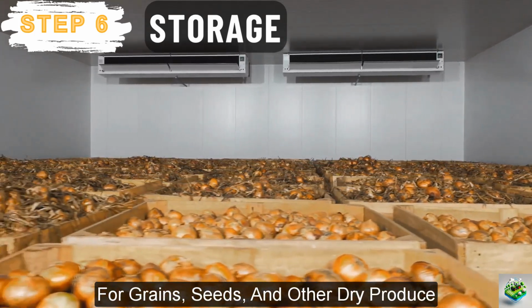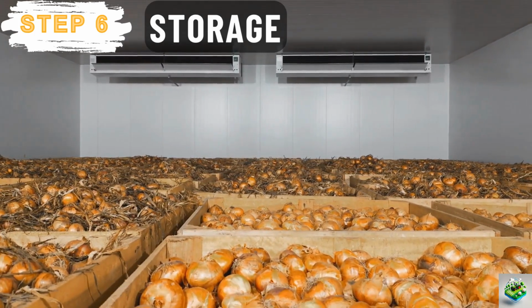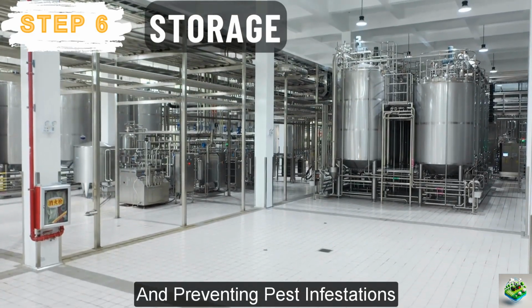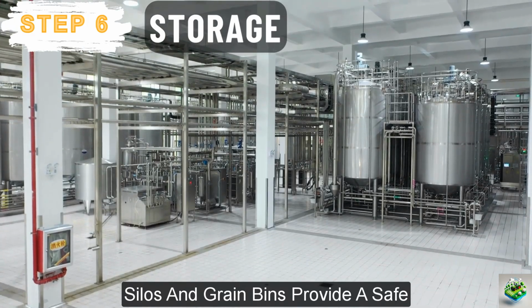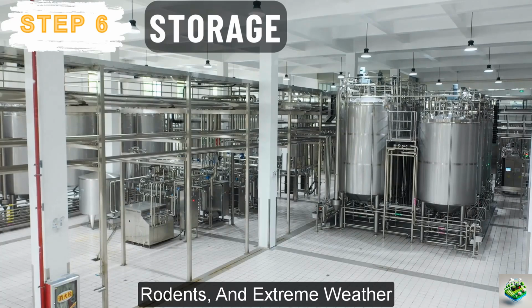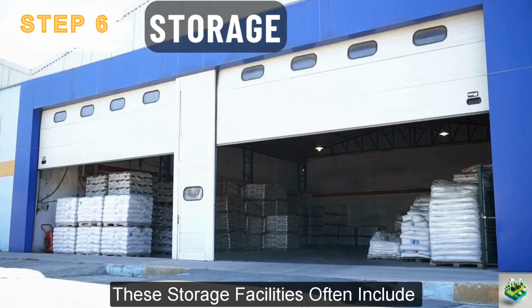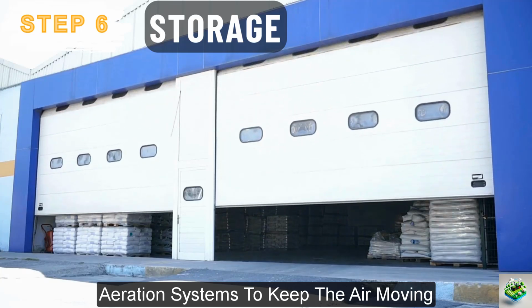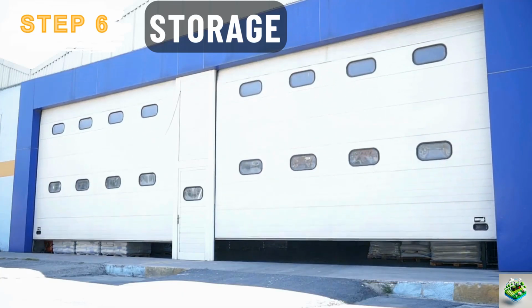For grains, seeds, and other dry produce, the focus shifts to managing humidity and preventing pest infestations. Silos and grain bins provide a safe, controlled environment that protects from pests, rodents, and extreme weather. These storage facilities often include aeration systems to keep the air moving, preventing the buildup of moisture and reducing the